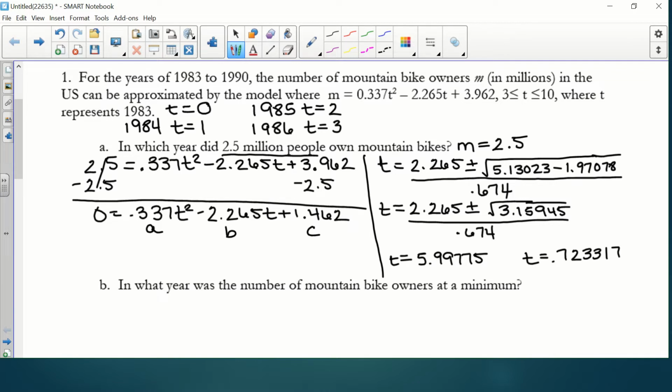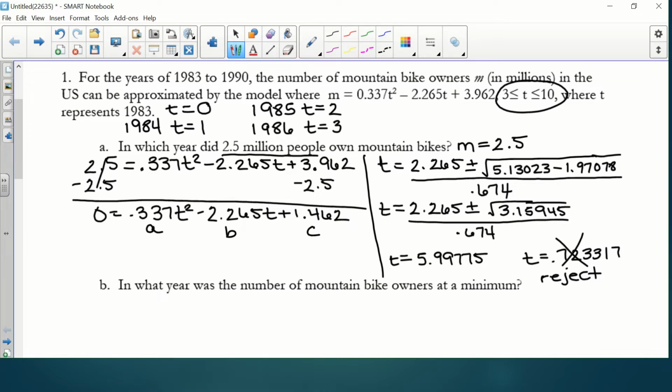So looking at our t values, both of them are positive, which is great. However, only one of them falls within our domain, and that is 5.99775. This guy does not fall in the domain. So we are going to formally reject this t value. And we're going to take a look at the